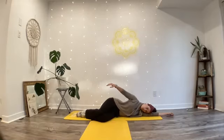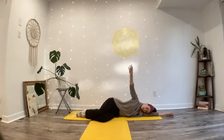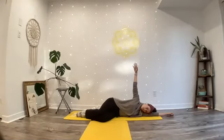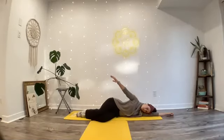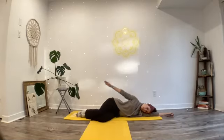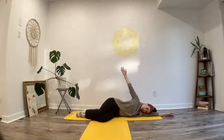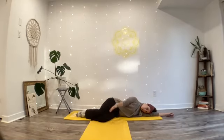And just remembering to use your entire arm to find the circling. You don't have to just work from the wrist and the fingers. You can really work from the whole length of your arm here. You can start to explore taller circles so that the hand travels near the hips, the hand travels near the head, and just see what's available to you,